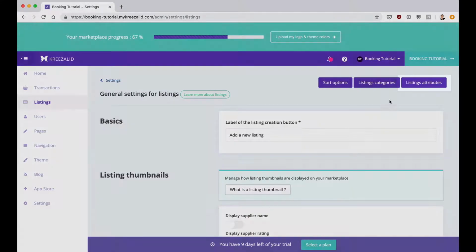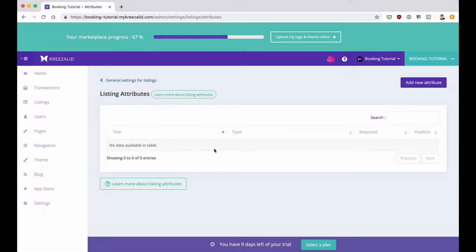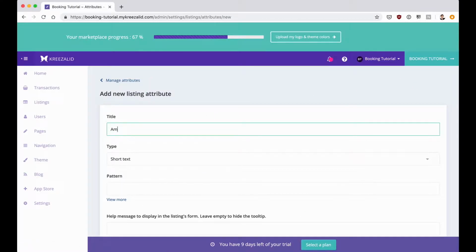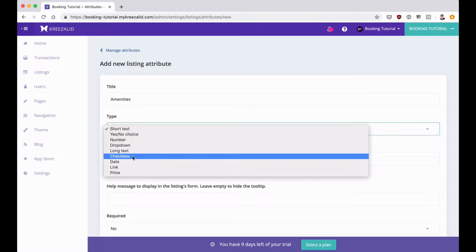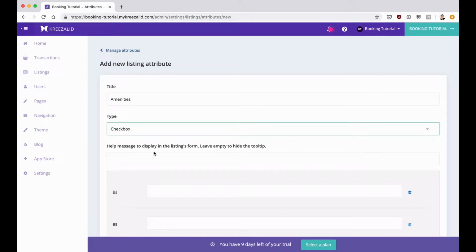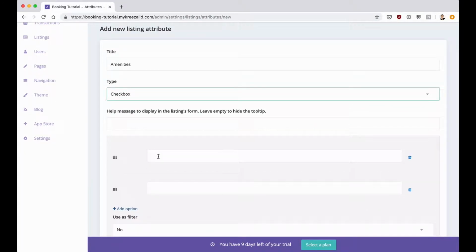And now we're going to take care of the listing attributes. Just as user attributes allow us to add more information to the user's profiles, the listing attributes will let the hosts add more info to their listings, so it's more useful for the travelers. So for instance, we could add an attribute that would be the amenities, which is very important. So let's title it the amenities, and we'll make it a checkbox, so they'll be able to choose among multiple